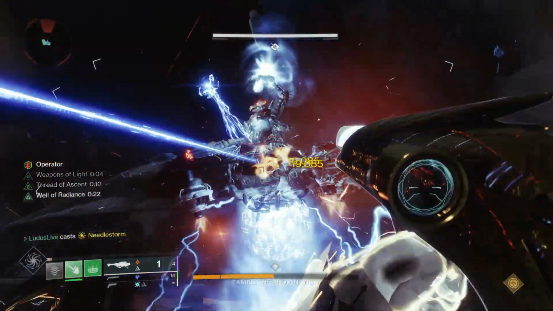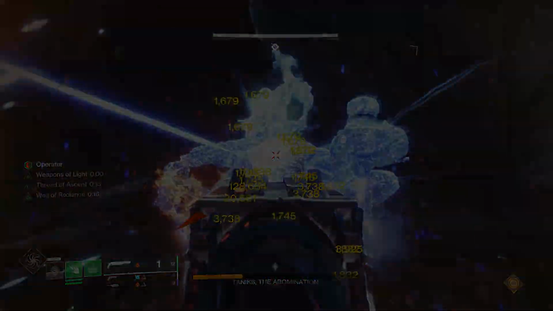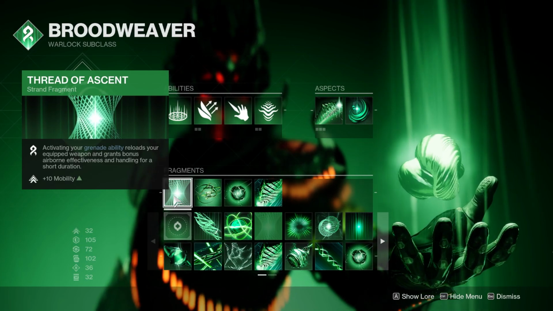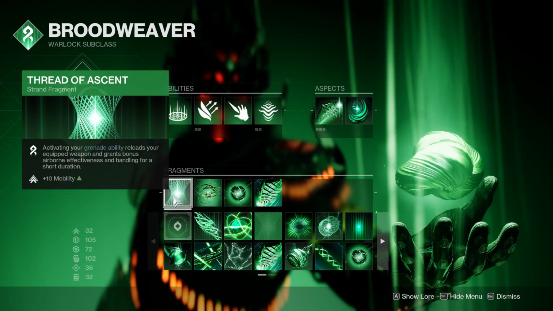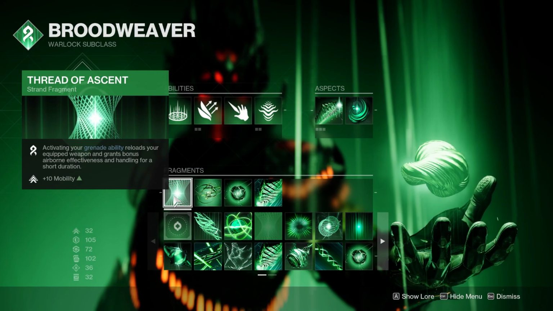Part of the reason why Strand in general is able to achieve such high damage is because of the fragment, Thread of Ascent. This fragment will reload your equipped weapon when using your grenade, which effectively means you gain Demolitionist on any weapon. Giving Demolitionist to any weapon of choice can lead to some pretty broken DPS phases, and the